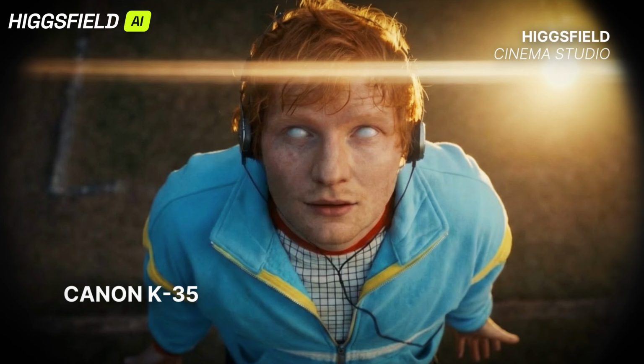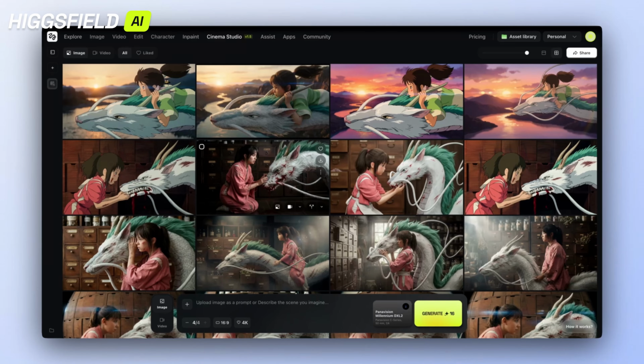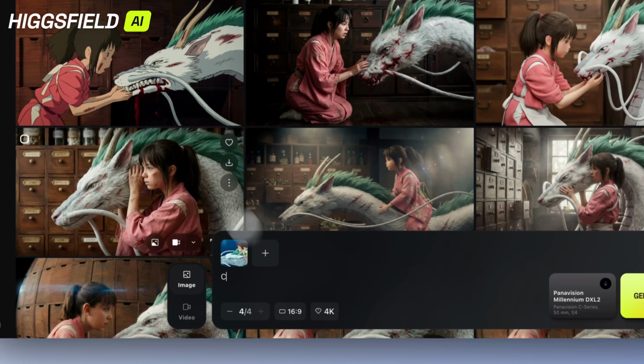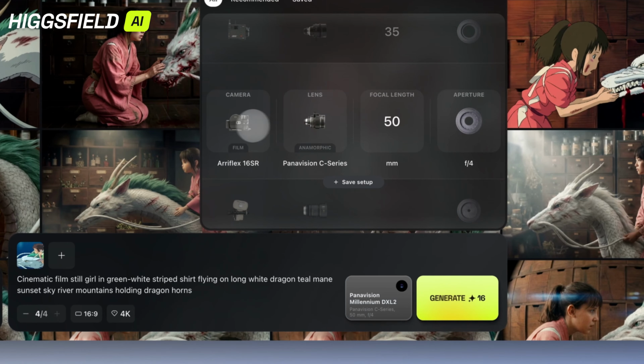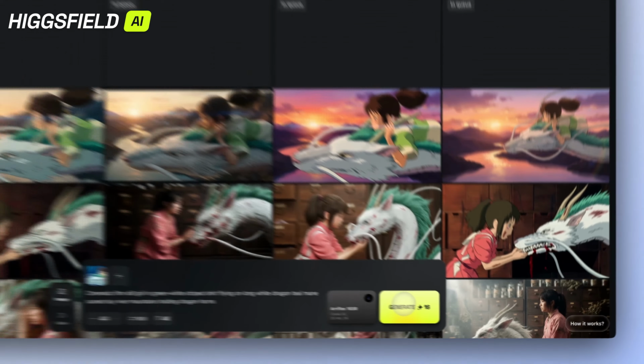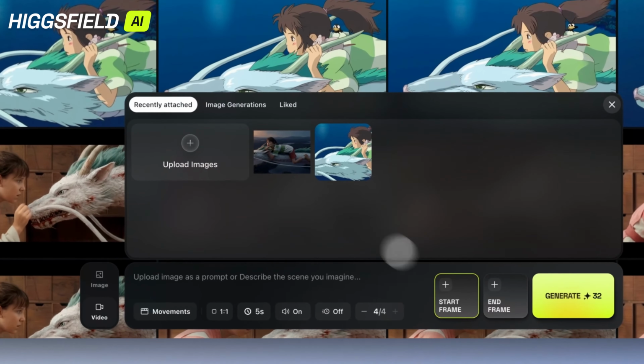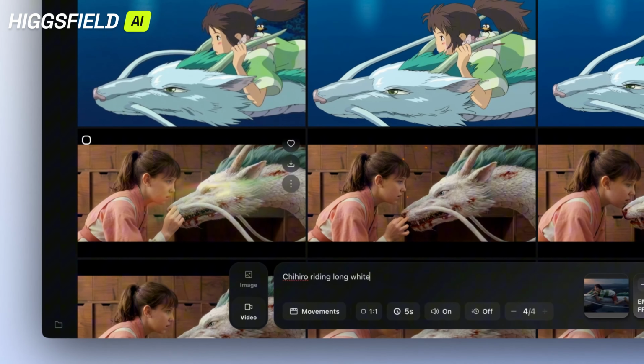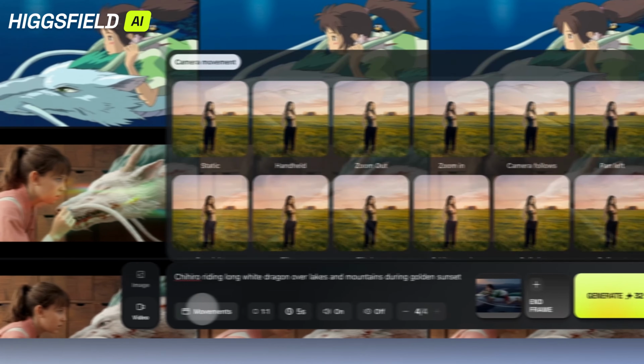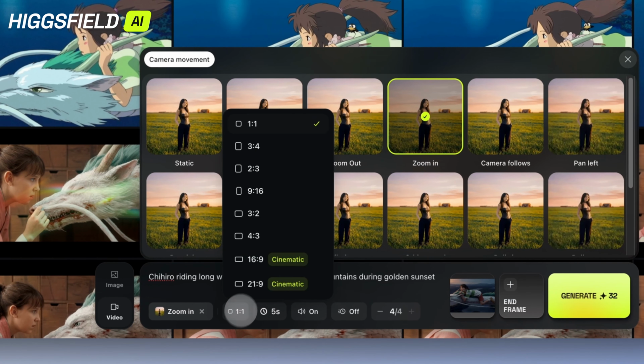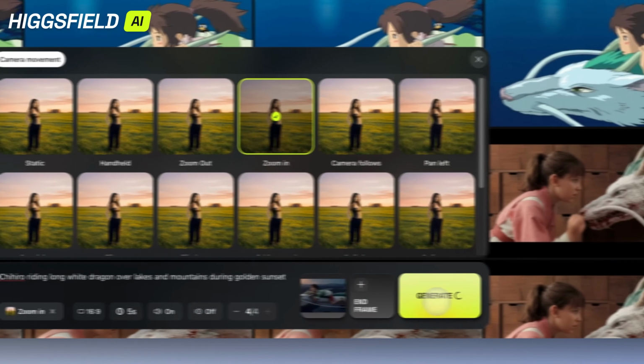So as we go through this demo, I want you to think about one project you've always wanted to make. Keep that in mind, because by the end of this video, you'll see exactly how Higgsfield can bring it to life. No crew required. And if you're anything like me, you'll probably get inspired halfway through and start imagining dozens of new projects. That's the fun of using AI creatively. The ideas just keep